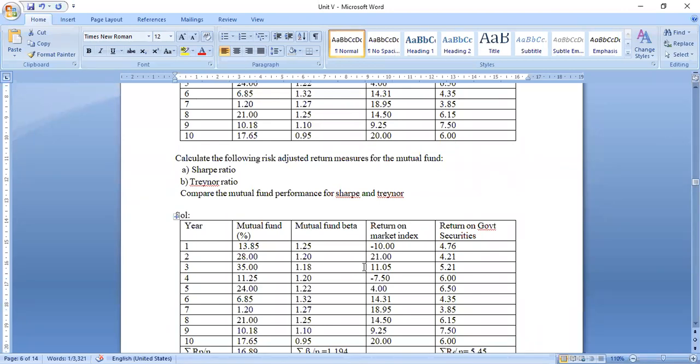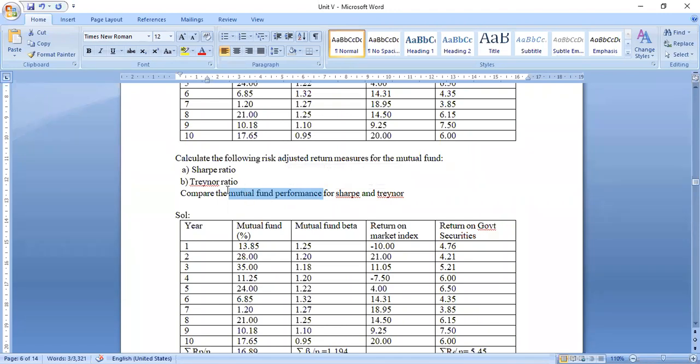These are the two things that we are going to compare when we are going to compare mutual fund performance, because mutual fund performance is more subject towards market risk and the returns is totally dependent on the market. If the market is performing well, then definitely you will have good positive returns. And at the same time, if there is a lot of market risk, okay, if the risk of the market is very high, then definitely it is going to affect your returns on the portfolio, which is more subject towards market.